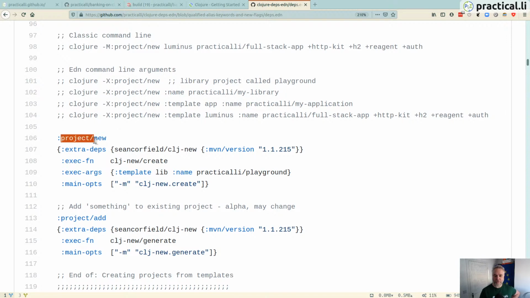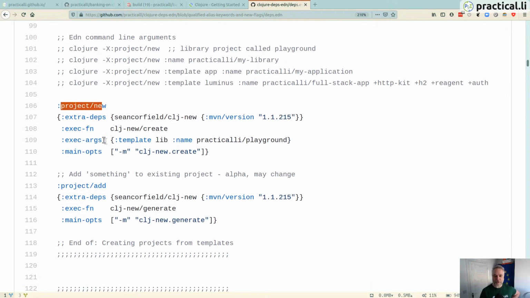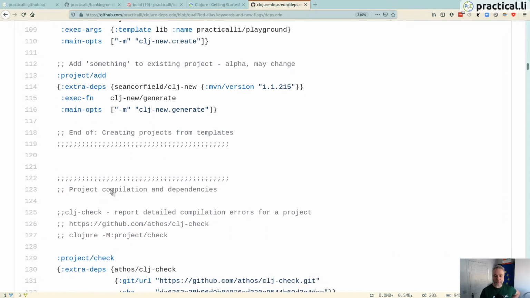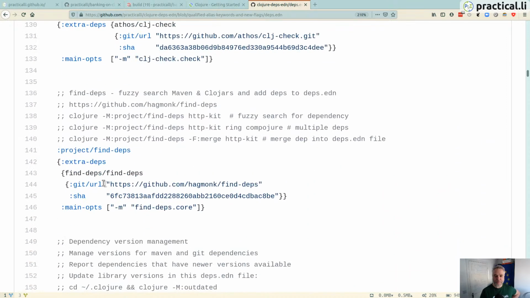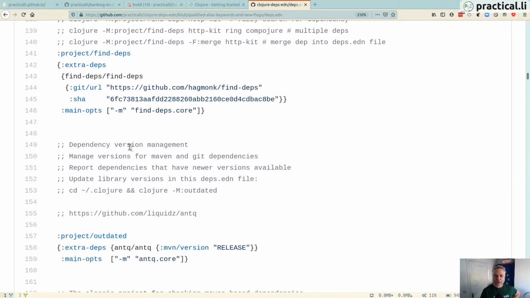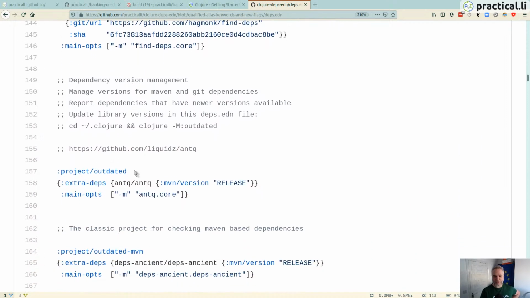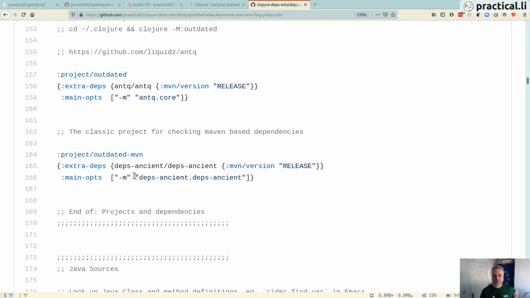So we've got projects. I've grouped all these under projects. So you've got new project. You can add things to projects. You can do a project check. You can do project find deps. I seem to have that twice now. And then project outdated. So it just gives a nice qualification to